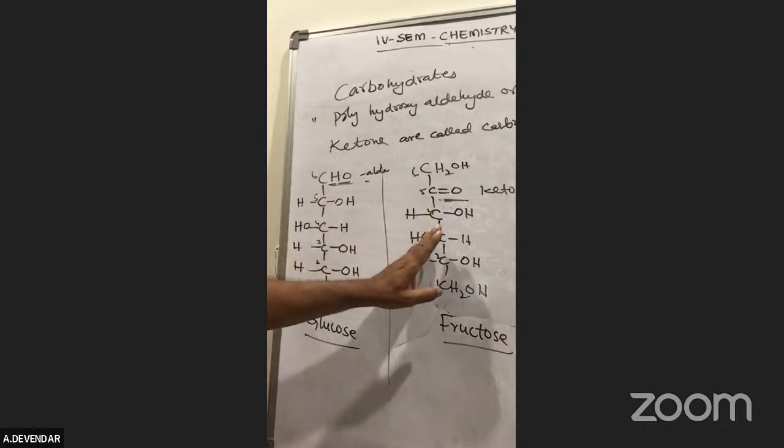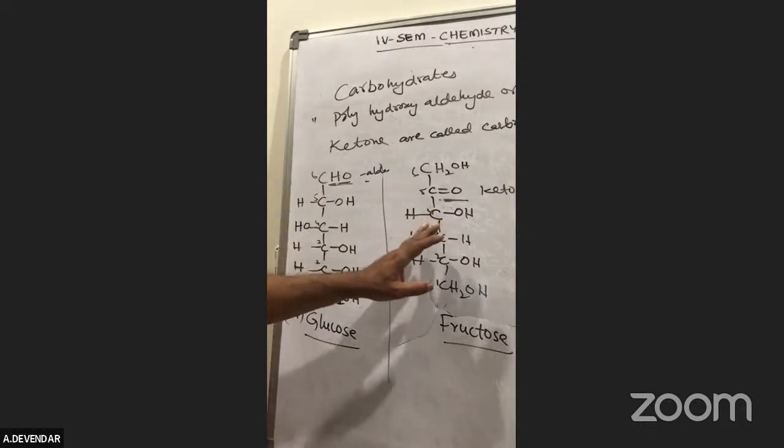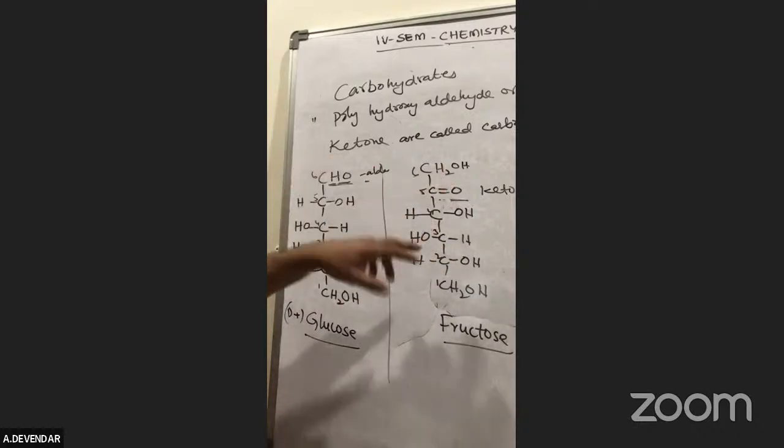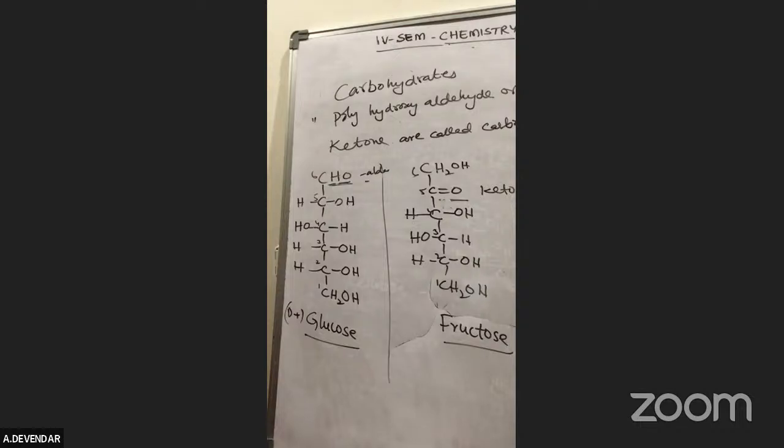But here only 4 moles of periodic acid are required. Why? Because one keto group is there. Due to that reason, we use this. For periodic acid, the oxidation reactions take place. And next is osazone formation. Phenylhydrazine is reacted with the